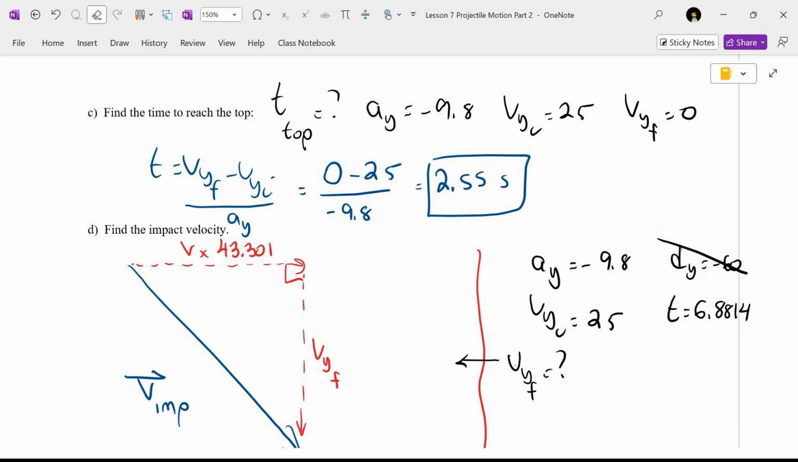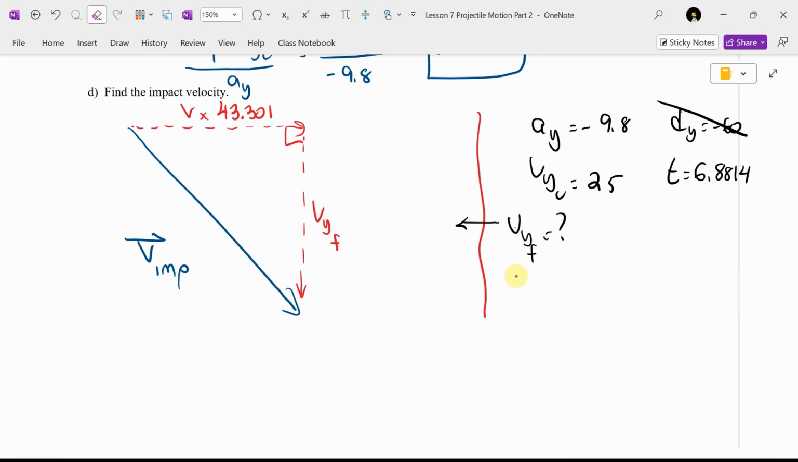Now, the risk I'm taking is if I got time wrong, I'm getting this wrong. But we're at the stage now, Gio, where if you use an answer to find an answer, just make sure your first answer is right. So I can say Vy final equals Vy initial plus Ay t. It's going to be 25 plus negative 9.8 times